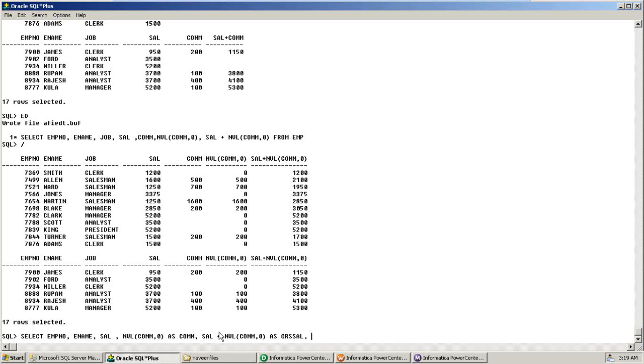Then 10 to 11% of this gross salary is tax. So here, salary plus NVL of commission is gross salary, into 11 by 100 as tax. Okay, this is another calculation. Then this gross salary minus tax is what? Net salary. So I can do it like this. This is gross salary, this is gross salary